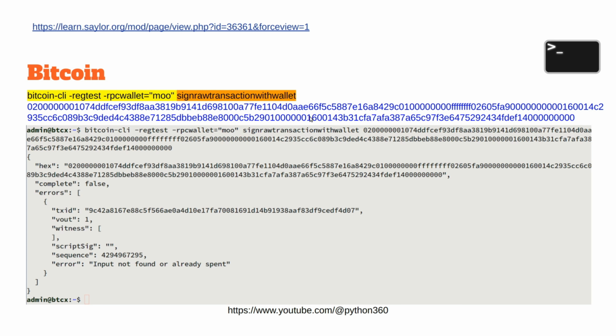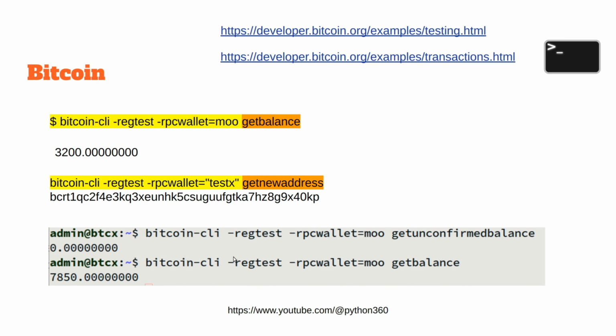Whenever you create or recreate these examples, you will get different hashes. They're all unique, so it makes it difficult to copy an example directly. So don't copy and paste what I've got here, because you need to copy the yellow commands, but don't copy my examples verbatim. Get balance, get new address,